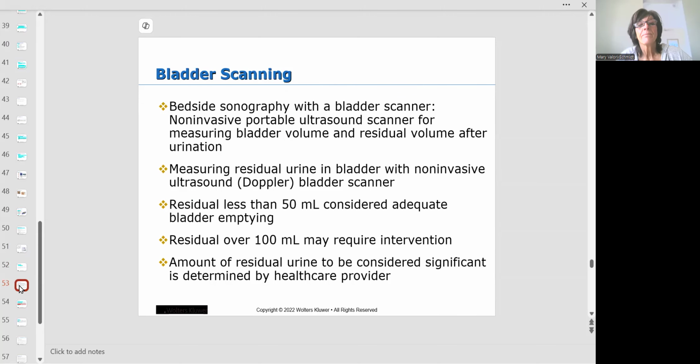Bladder scanning. That's something that's done now. You have a little ultrasound machine, a bedside sonography machine. So you just go to the patient. It's not invasive. It doesn't hurt. You don't need informed consent for it. And they just take the Doppler with some gel and run it over where the bladder is, right at the